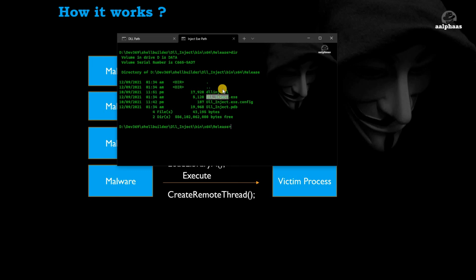Actually, I did copy this for the previous. Before doing this demo, I just tested this one, so I copied the previous DLL here. So we just need only this one, DLL inject.exe. So we are going to copy this one to